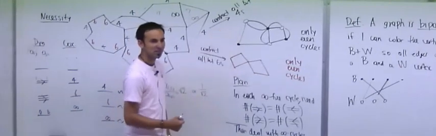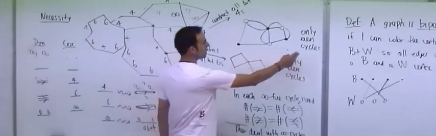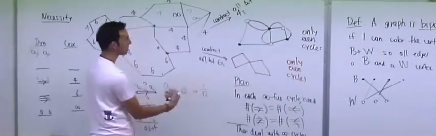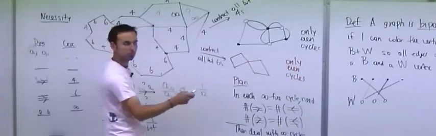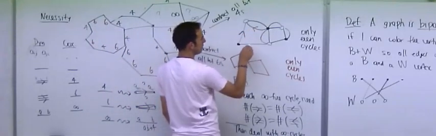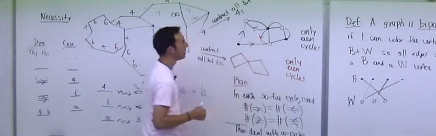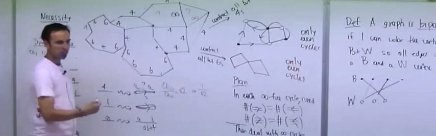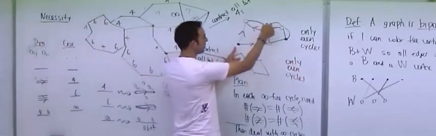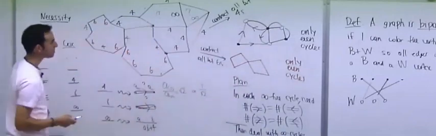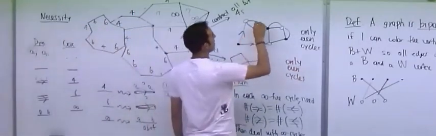Okay? So what I'm going to do is say, okay, only even cycles, that means this thing is bipartite, so let me color it bipartite, and then let me just orient it from black to white. Okay? Black to white, black to white, black to white, black to white. Why is that going to guarantee that in every cycle I have the same thing going forward and backward? Because every cycle goes black, white, and so that means you go forward, backward, forward, backward. Okay. And so if I keep doing this black to white,